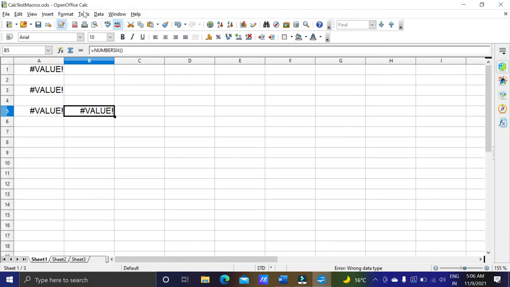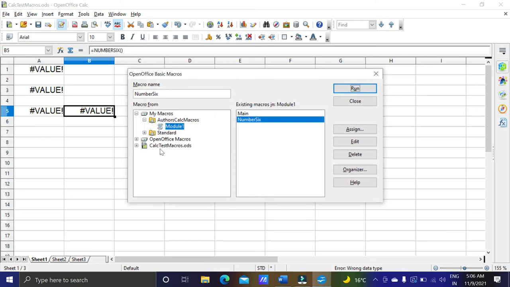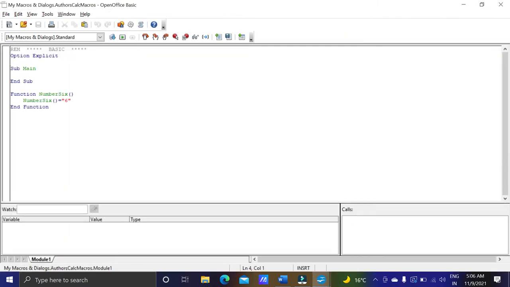There is a problem of value. Option Explicit, Sub Main, End Sub, Function number6 equal to 6.